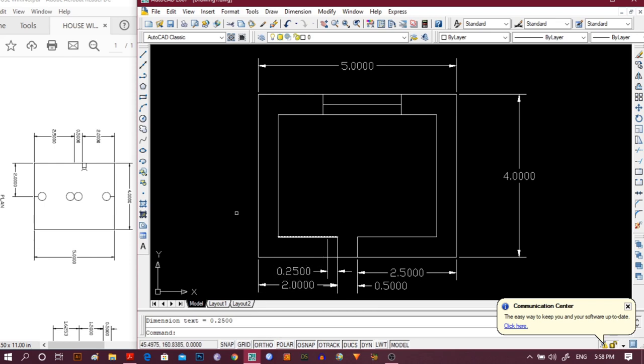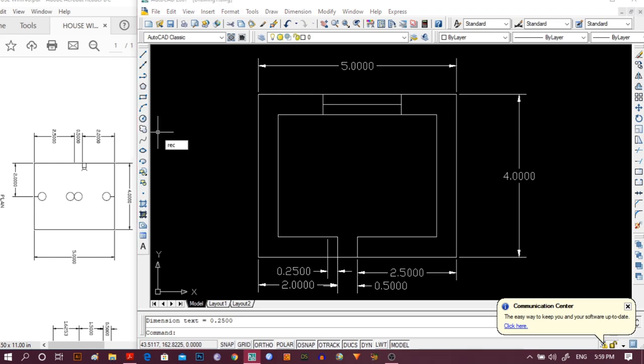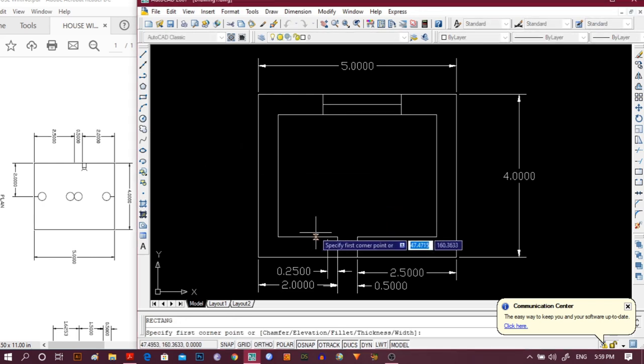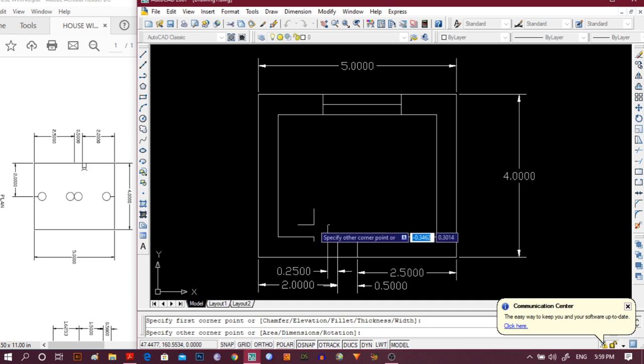From here on we will draw the power socket with the help of a rectangle. First I am going to specify the first point. Say the dimension of the power socket is 1 square meter. Specify the dimension, d, enter.